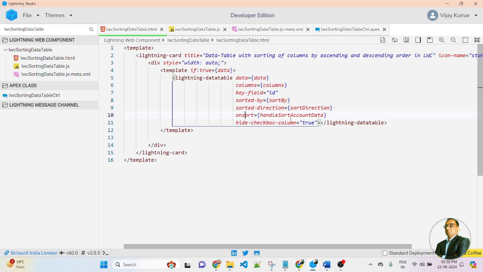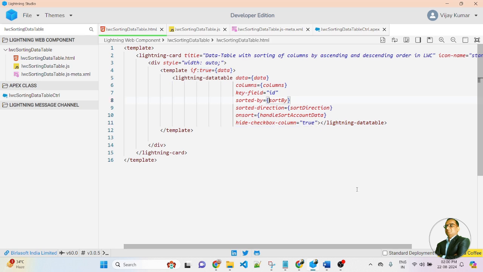The function name is handleSortAccountData. It is a function created inside the JavaScript file. After that, I am passing hide checkbox column. If you use a Lightning data table, a checkbox column is displayed automatically on the left side. If you want to hide the checkbox, you need to pass hide-checkbox-column as boolean true.